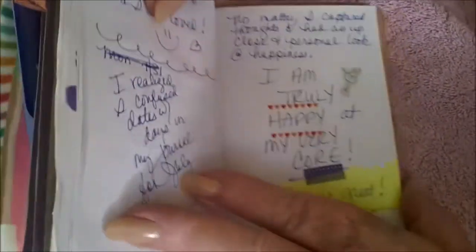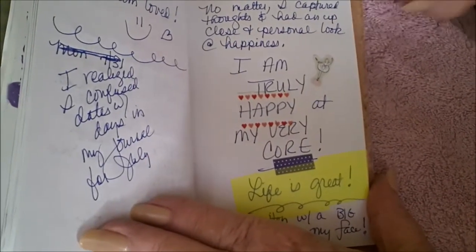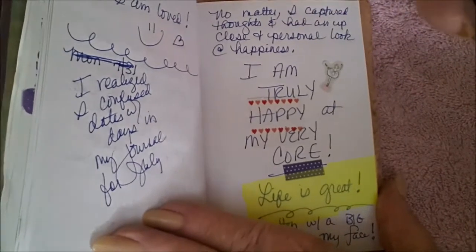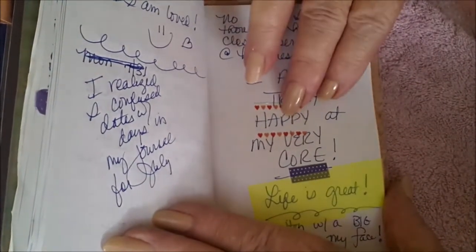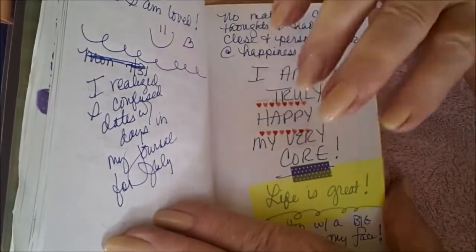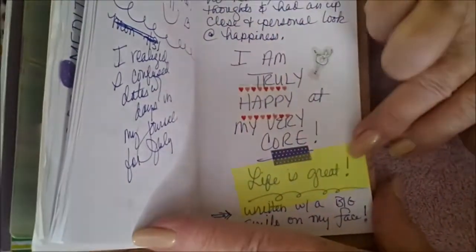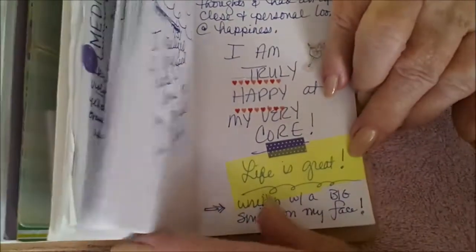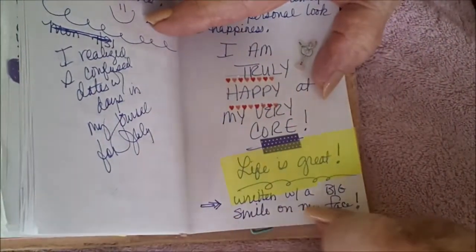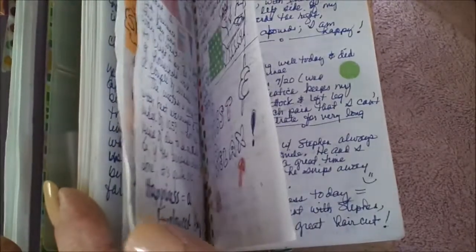And in the final analysis, no matter what happiness is about, I realized that I am truly happy down at my very core. And I didn't realize this until I went through this process. For me, life is great, even though we all have challenges. And, written with a big smile on my face as I conclude my thoughts for my meditation, my journaling